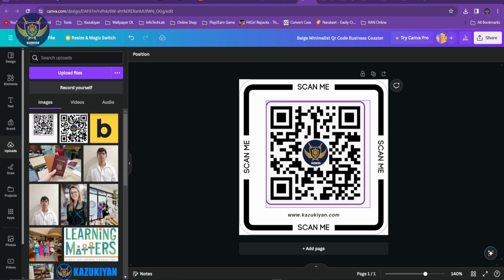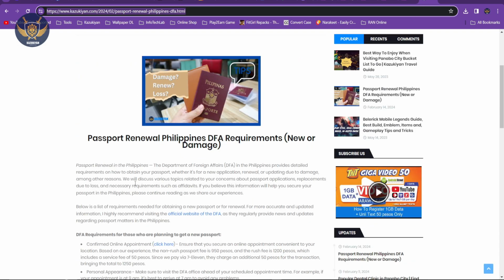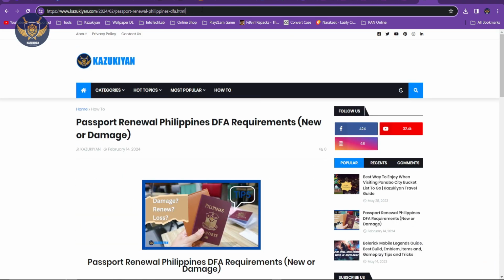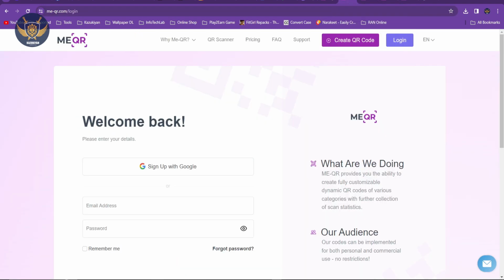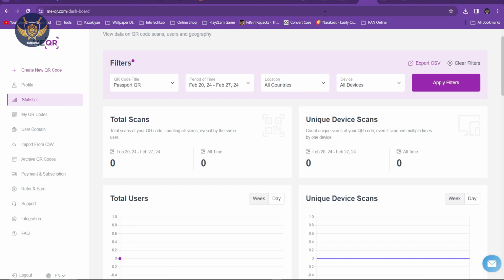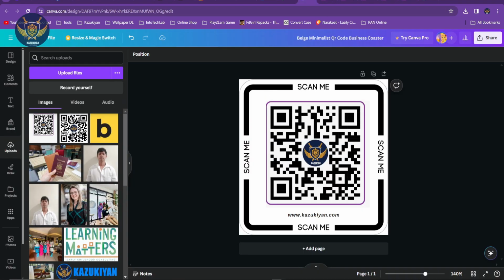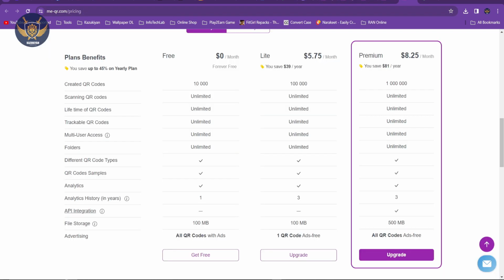Once I scan this one on my phone, it will redirect me to this page, which I copied and edited on my QR code. So I will scan now. Remember that we don't have any total scans, so we'll try to scan this one using my phone. So I am using my phone now, and then scan, and yeah, it's redirected on my end. You can test it if you want, and then we'll see here